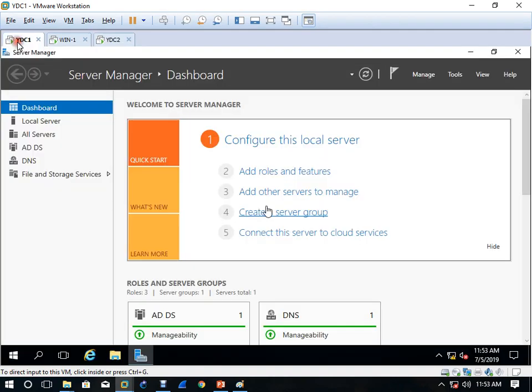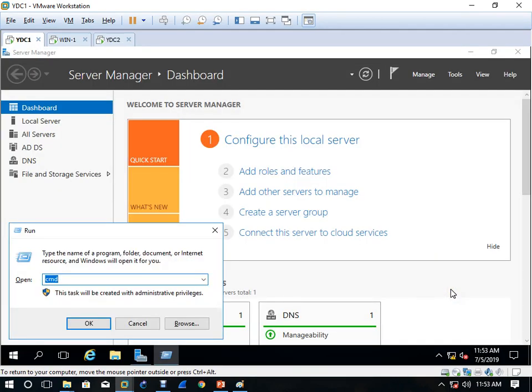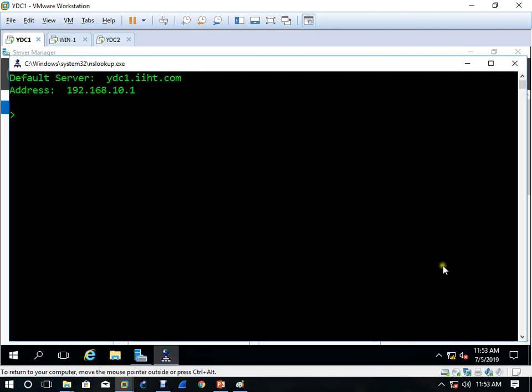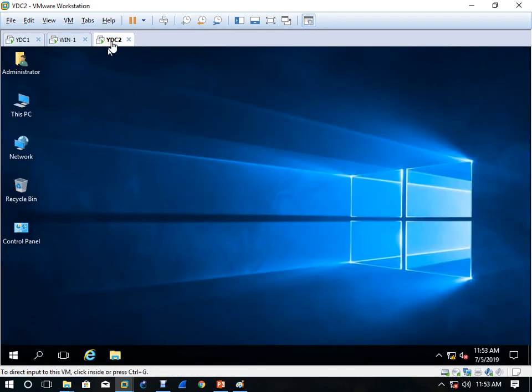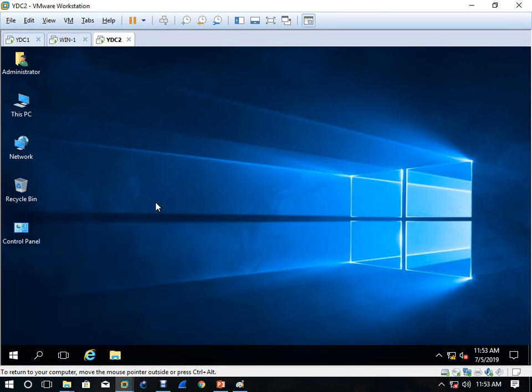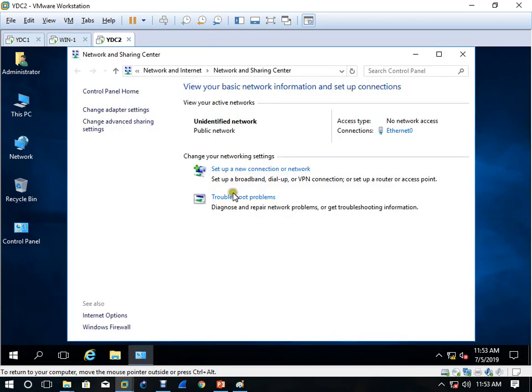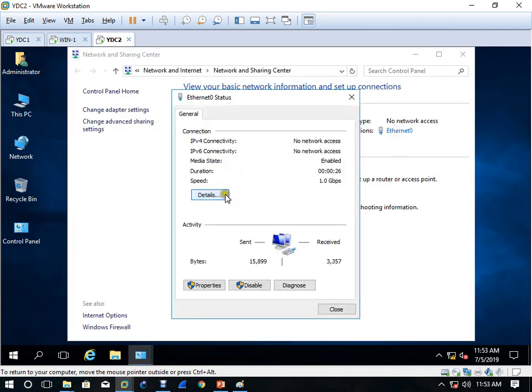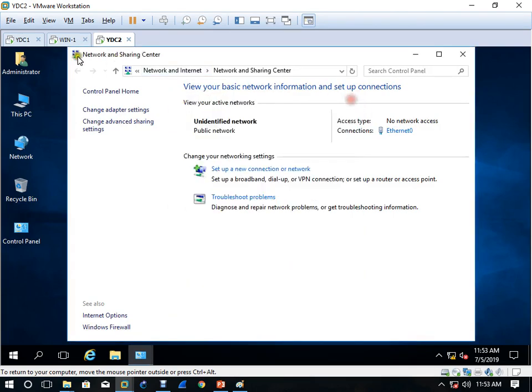So what is the IP of this server? 10.1, right? Let's verify. NSLOOKUP is working fine. Here also you have to check NSLOOKUP, right? Working fine, and you have to see what IP you have here. I'm using 10.2 here. So here I have 10.1, here I have 10.2, right?